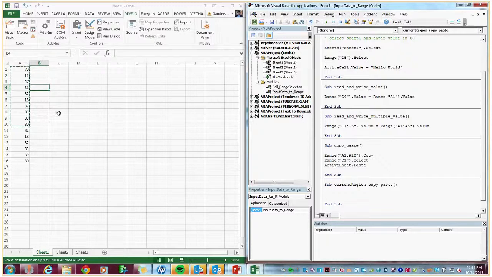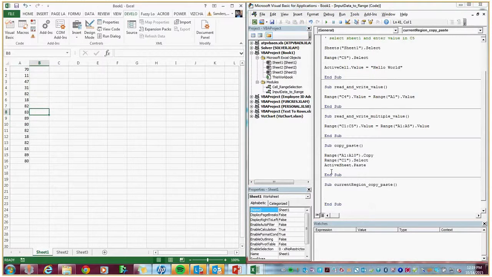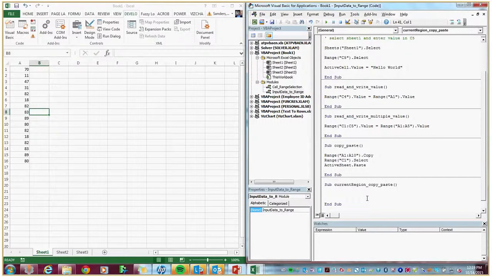So this is a really nice feature, something again worth memorizing. So let's say we want to select the entire column that we have here. Again, there's going to be a few different ways of doing that, but we'll use the current region as probably our easiest approach. So first, what you do is you enter a cell within the region. So we can say, well, we know cell A1 is always going to be there. So we have cell A1, and then there's a few options, but we'll say current region